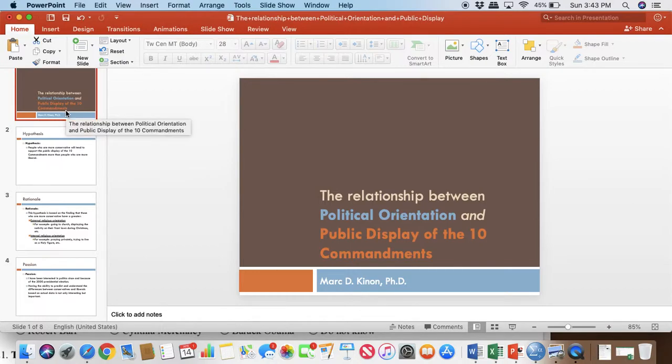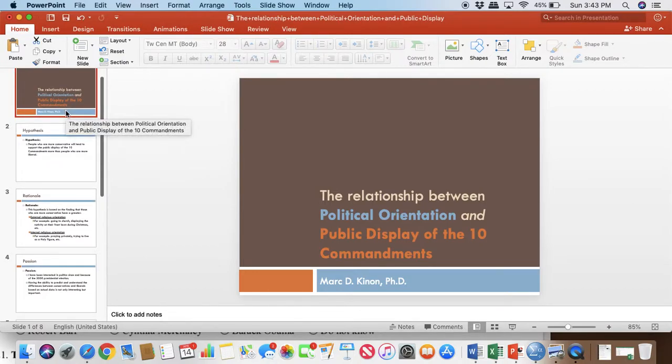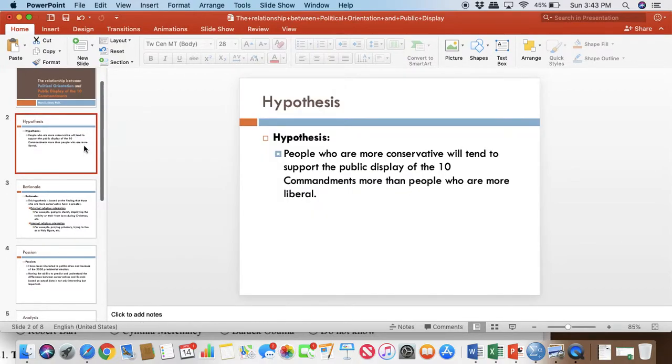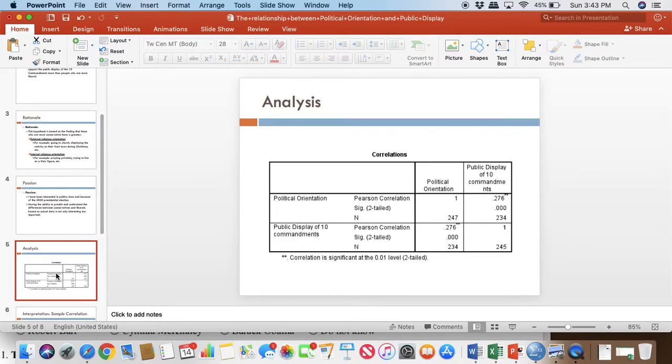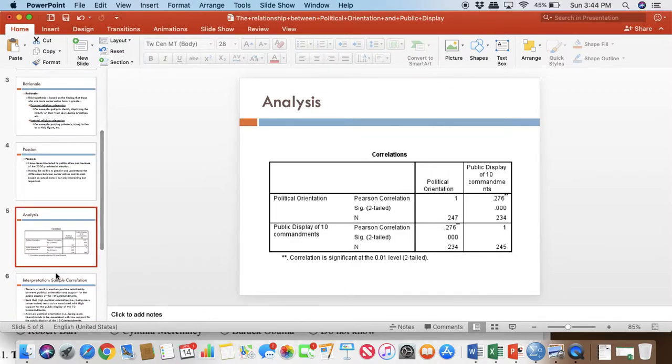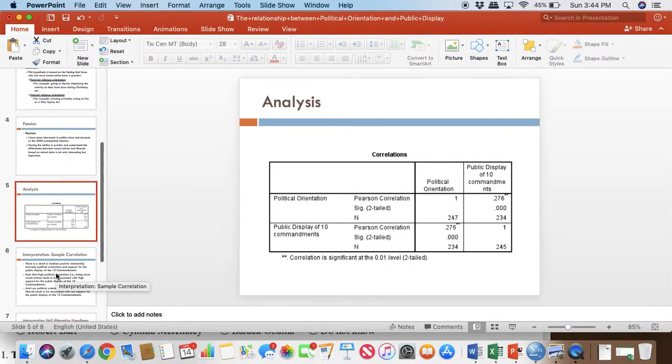A title representing the 2 variables that you're examining the relationship between, hypothesis, rationale, passion, and either the analysis done or you noting the fact, for example, that you're going to calculate a sample correlation and then do a t-test to test the difference between rho and 0. So for the final project due week 8,